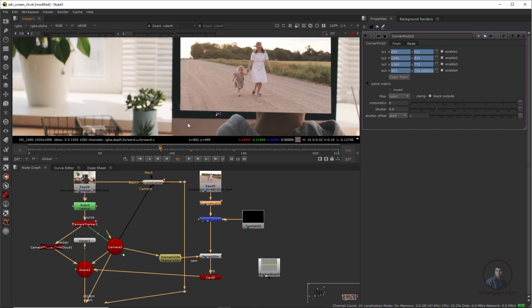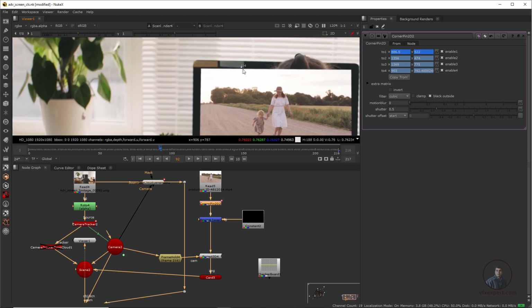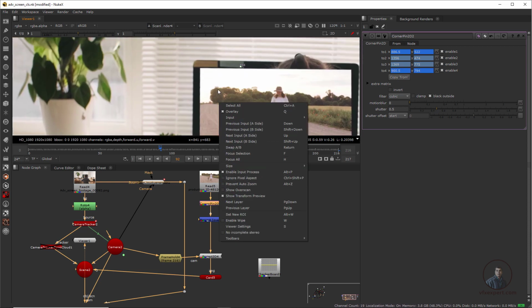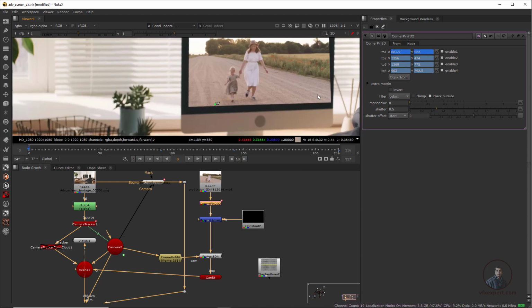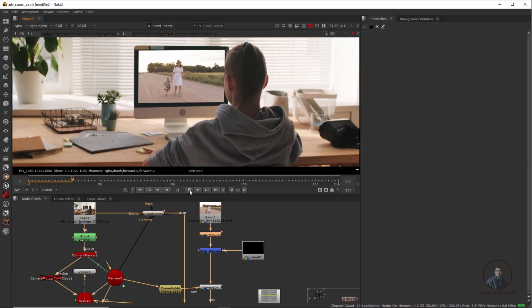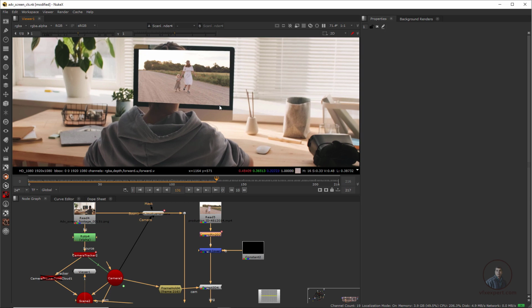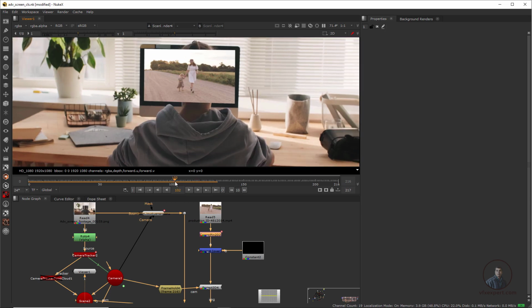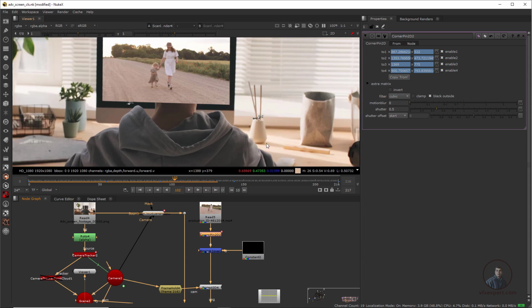Maybe a little bit here we have to shift, so just adjust this point here. So maybe in this frame we can adjust this point. So again double click on this corner pinning and adjust.